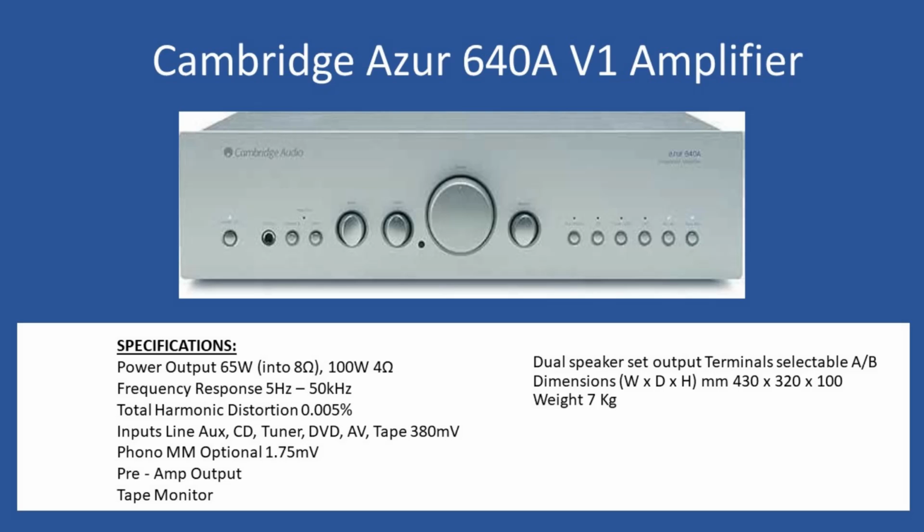Hello and welcome to this repair tutorial. Today we're going to look at a Cambridge Azur series 640A, the version 1 unit or amplifier. Just for people who are probably unfamiliar with this series, there's also a 640A version 2, and it underwent a number of enhancements, but you can quickly identify it, not just from the fascia, because there's some additional legend writing on the front, but